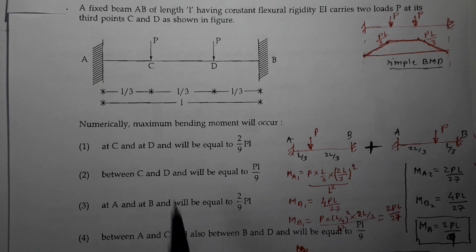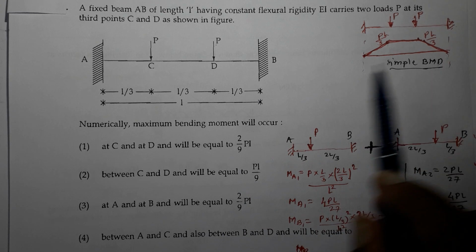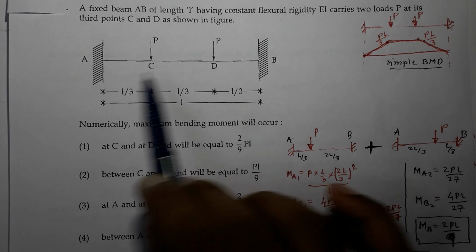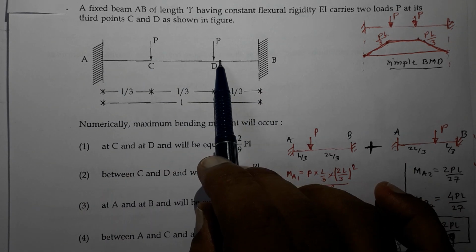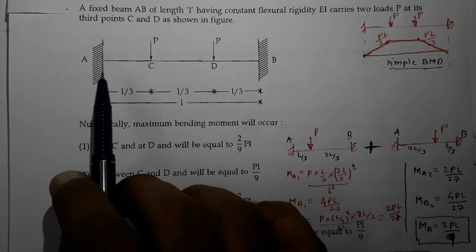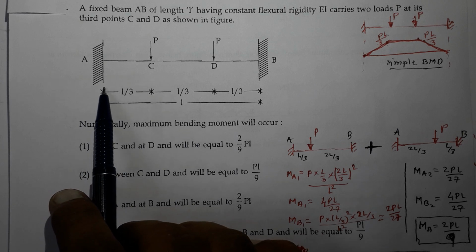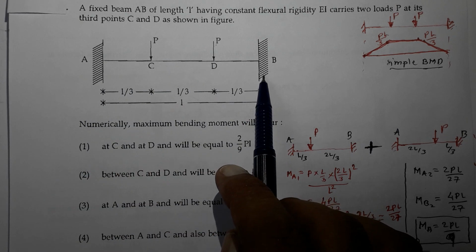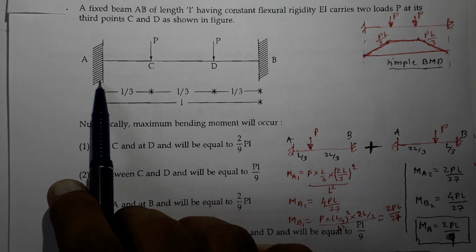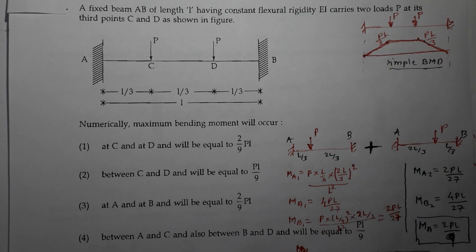So initially consider the beam as simply supported and draw the simple BMD. So simple BMD can be drawn like this. Consider both of these supports as simple supports. Two loads are there. The loads are acting symmetrically. It means that reactions at A and B both are going to be equal, and as such RA will be P and RB will also be P, and if I take moment over here, that will be P into L by 3. So PL by 3, PL by 3, and this will be the simple BMD.